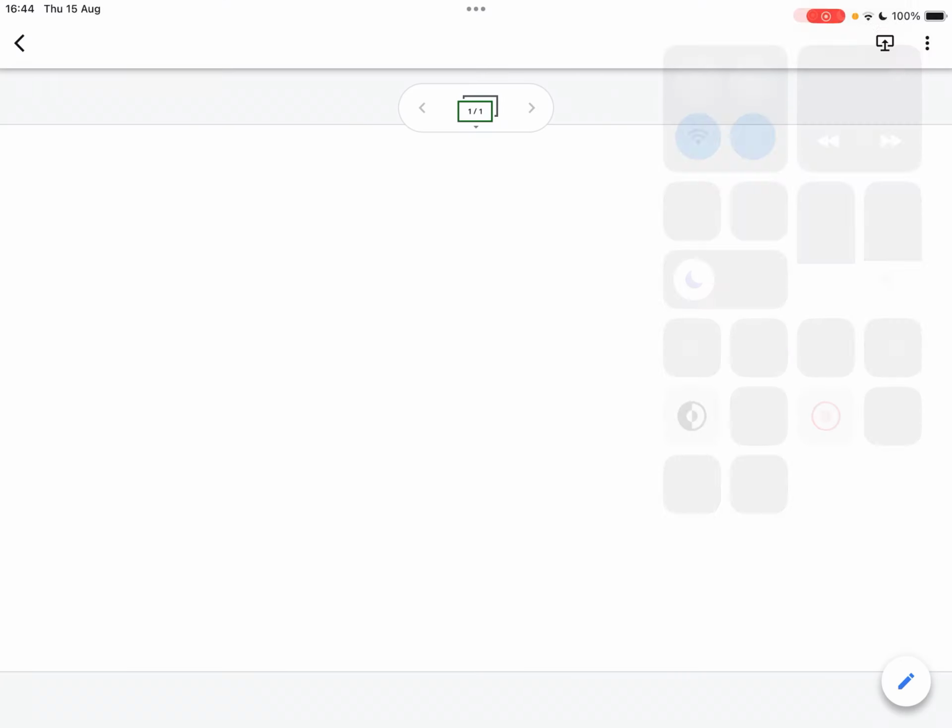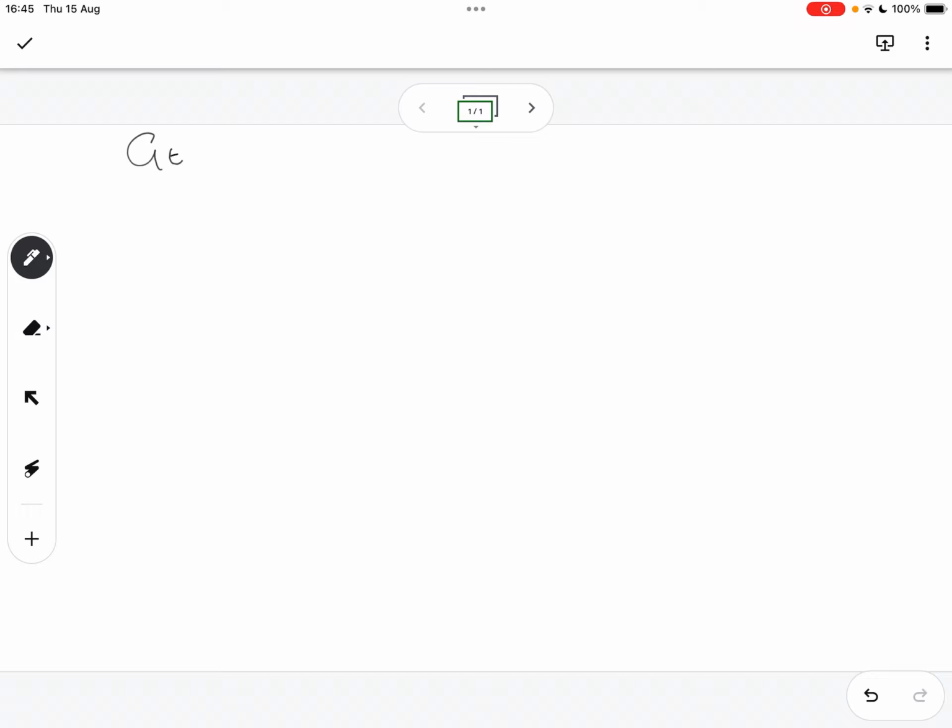And today we are doing geometry. Yeah, so we are learning geometry. Or is it geometry? No, it's not geometry. Perimeter and area. Yeah. All right, so